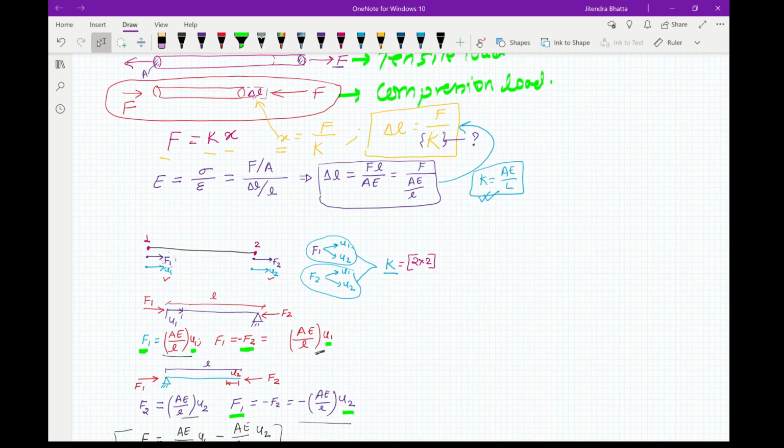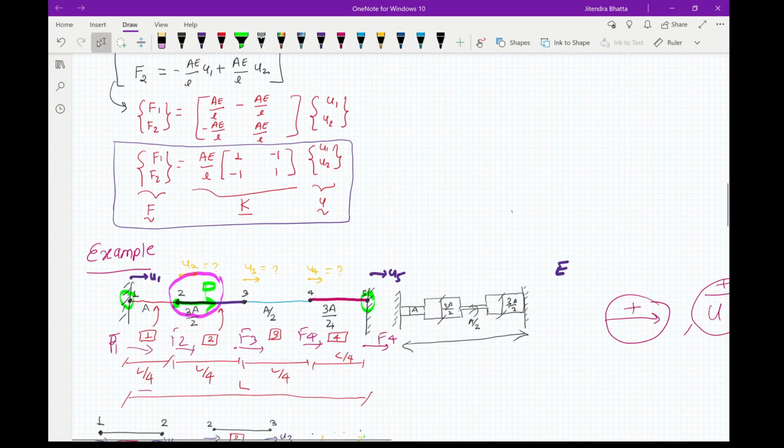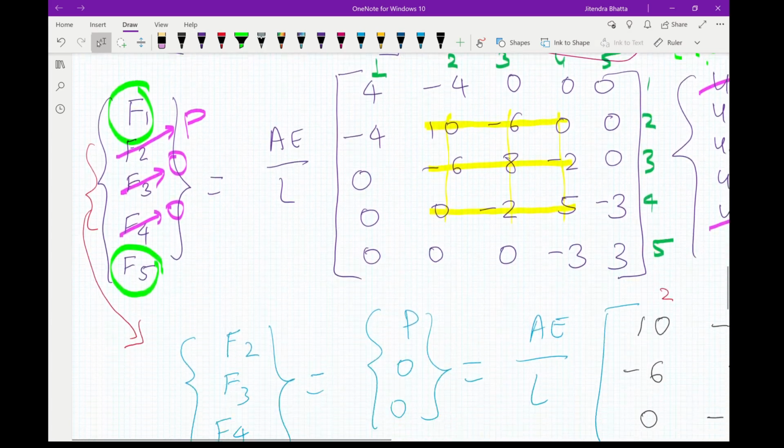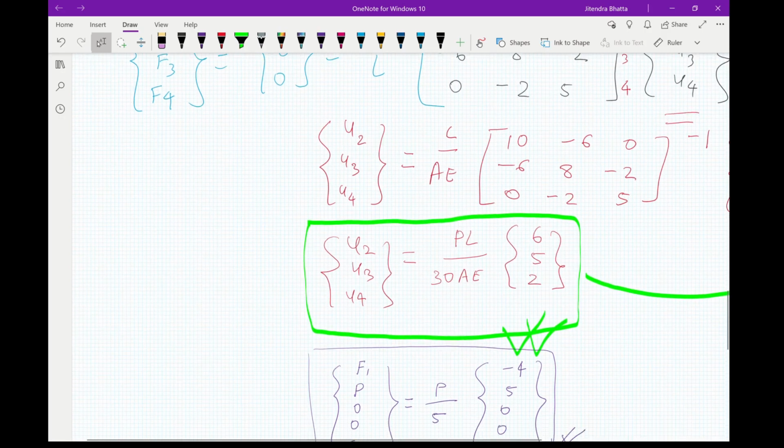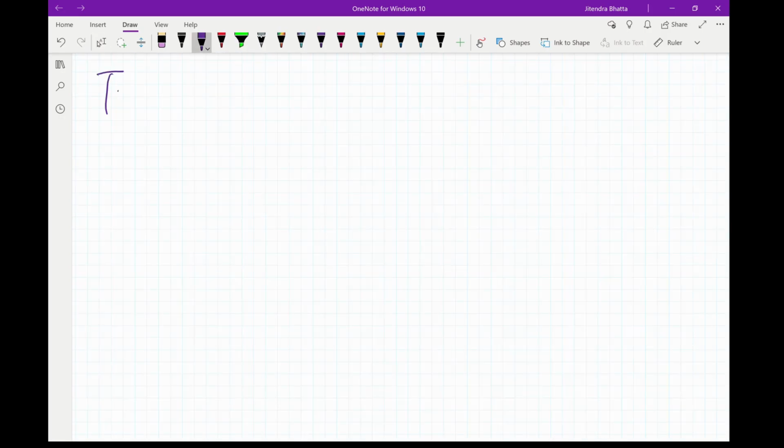And then we did an example where you solved for the displacements and forces of a system. Today, we're going to look into truss elements where bar elements can be oriented in any direction to the horizontal